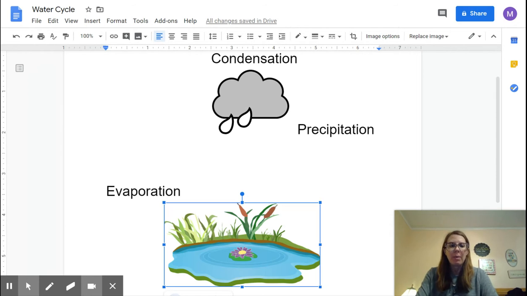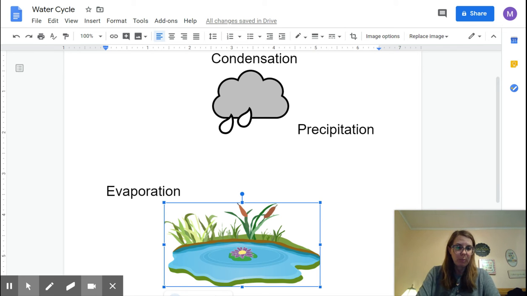Today we're going to talk about the water cycle. The water cycle actually has a bigger, fancier name called the hydrologic cycle. But to keep it simple, we'll call it the water cycle. And basically what the water cycle is, is how water gets changed in form and travels through the atmosphere and the earth. Okay, so there are three basic parts to the water cycle that you have to be familiar with: evaporation,